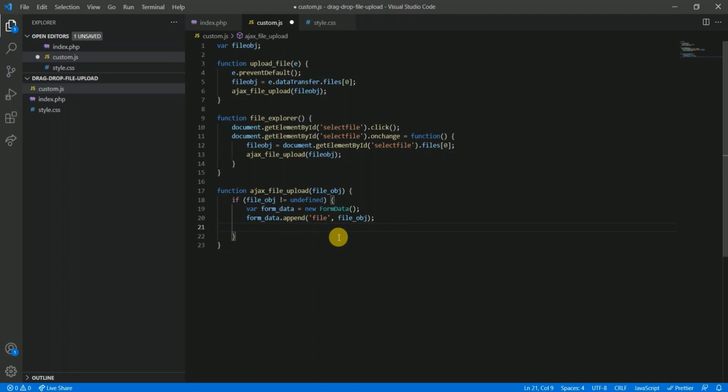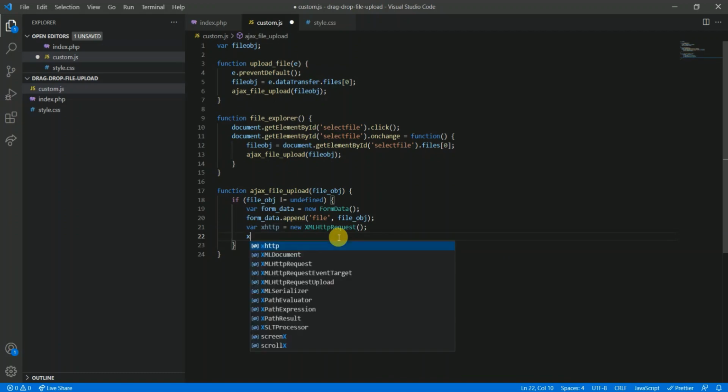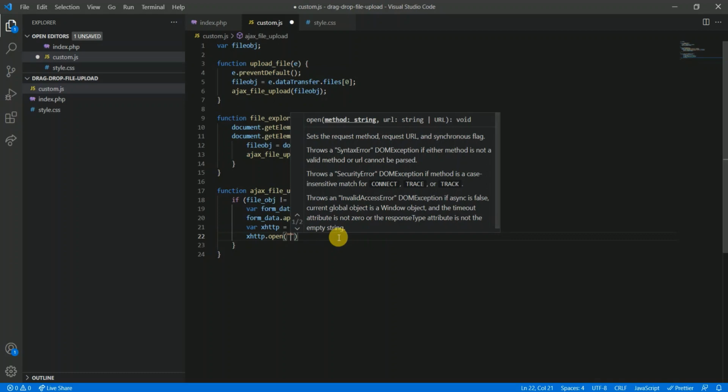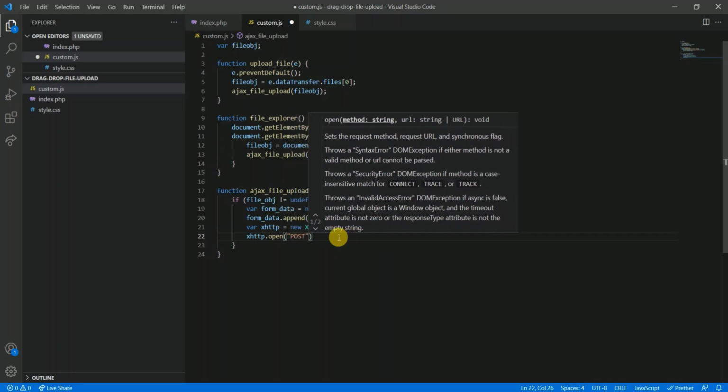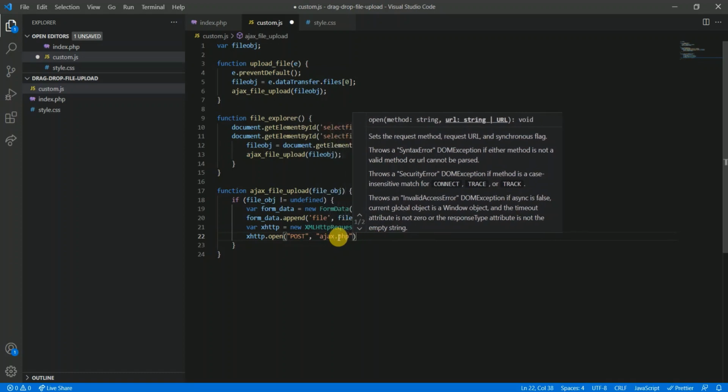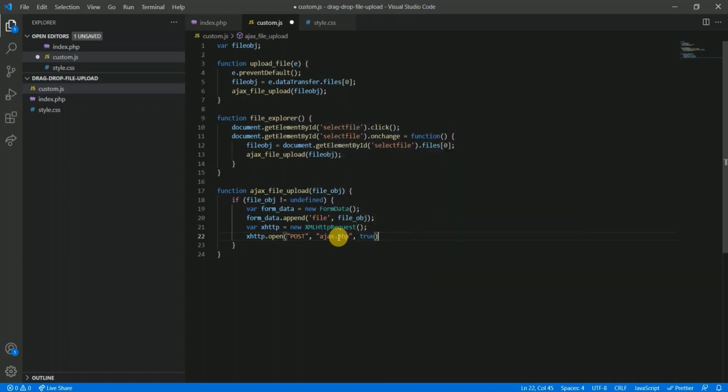Now XML HTTP request. Method will be post, and my server side file name is ajax.php. You can name it anything else, but in my case I keep it ajax.php.